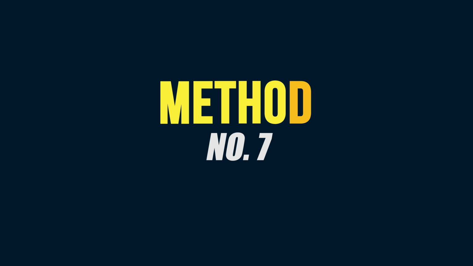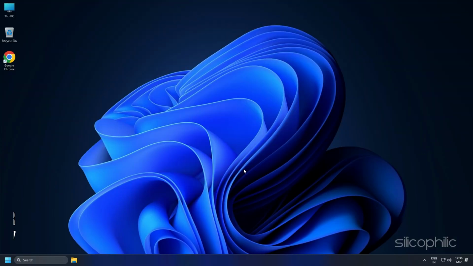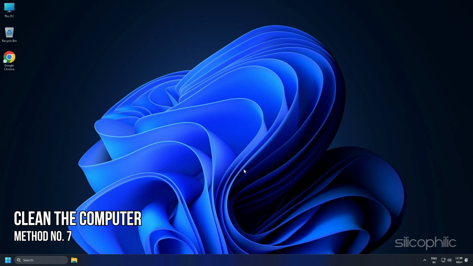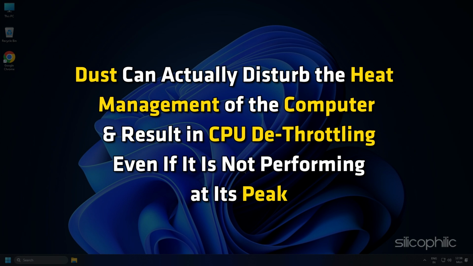Method 7. Last but certainly not the least, and most probably the easiest way to better optimize the performance of your computer is to clean it up. The reason here is that dust can actually disturb the heat management of the computer and result in CPU de-throttling even if it is not performing at its peak.